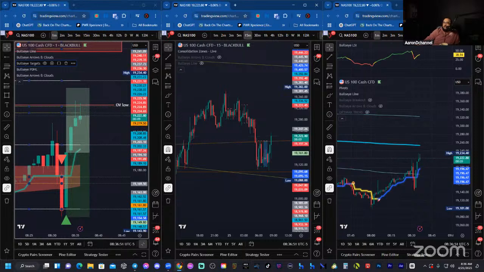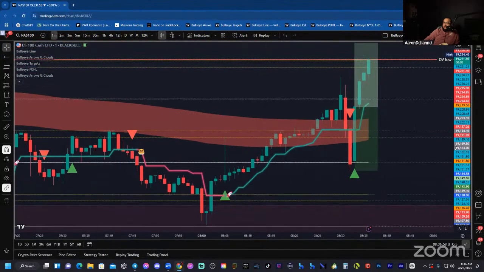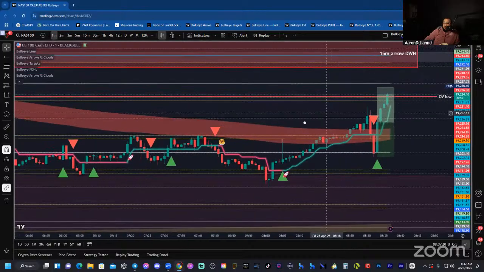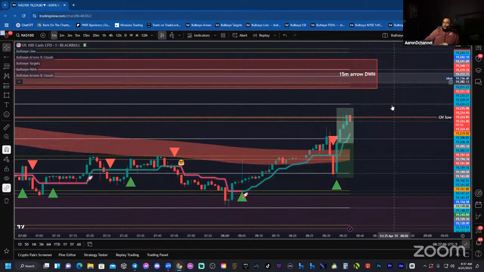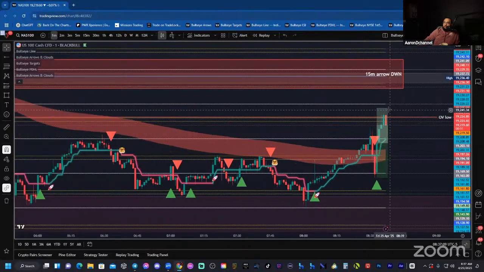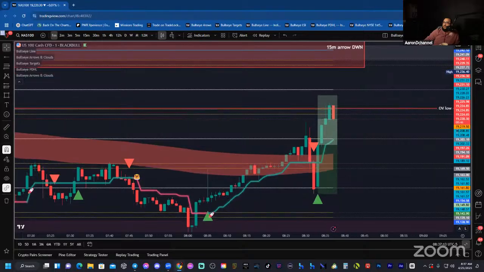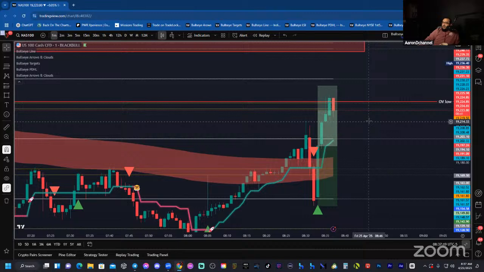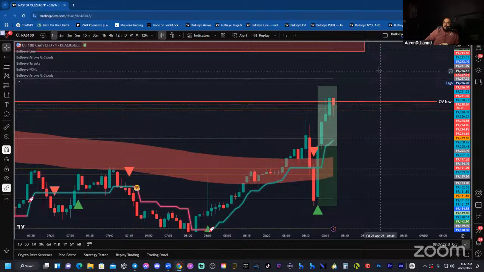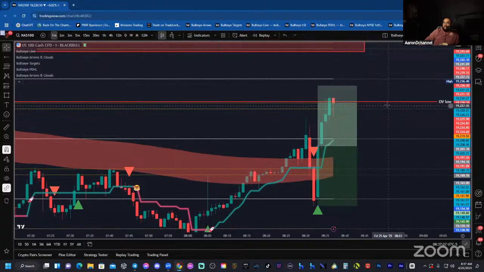Okay, so the idea here is if this 1-minute cloud is red and the 15-minute cloud is green, we're looking to buy. But if you want a good, clean setup, you're going to have to wait. That's the name of the game. Yesterday we waited. It was so bullish yesterday, and we waited, tried to catch a retracement and enter into the buy situation, which took a good little minute for it to develop. Stay calm and watch price print. That is the name of the game.